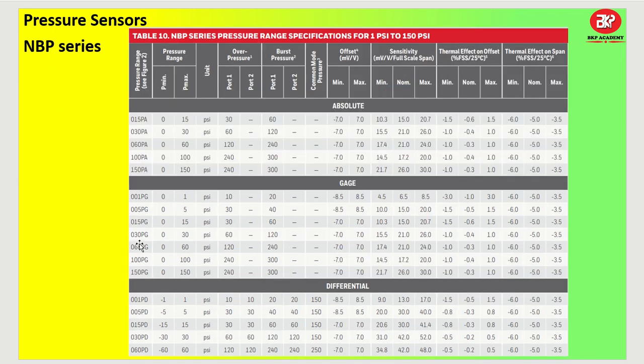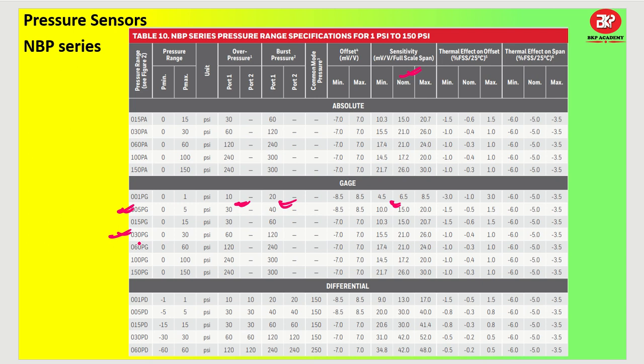For the NVP series, similar to that, let us talk about 5 psi as well as 30 psi. For 5 psi, you can see they have been giving you over pressure range and burst pressure range. Up to 30 psi it can take, or 40 psi burst pressure. And you see the outputs, again in terms of millivolt per volt. It is having almost twice of that, so it is 10 millivolt. So it is a better one. And similar to that, offsets are there based on the temperature range.